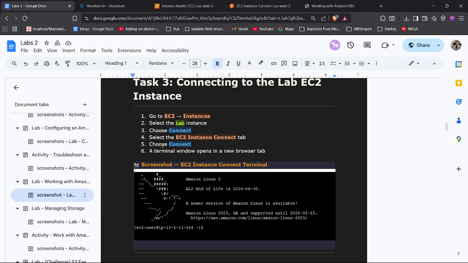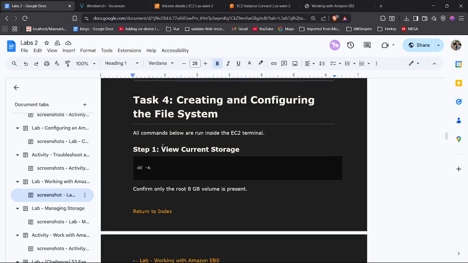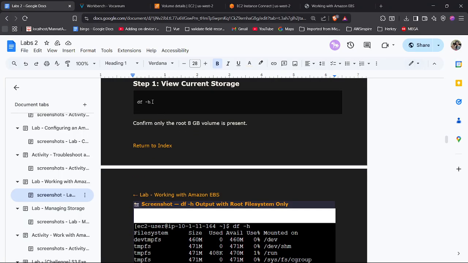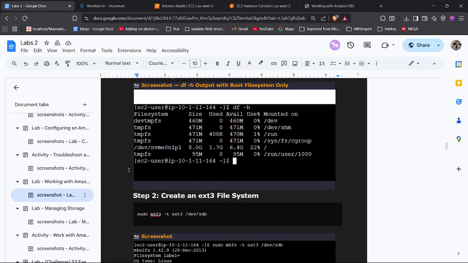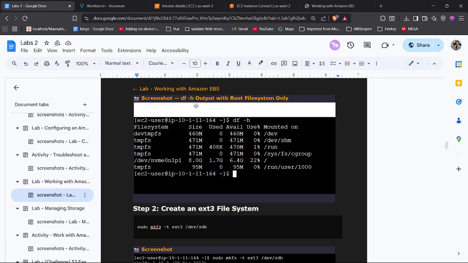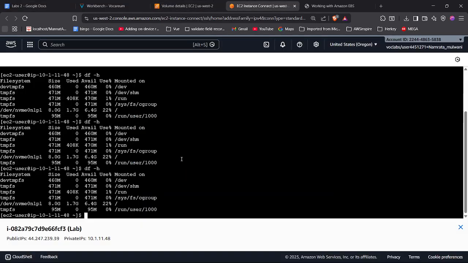Everything works fine. So you can see that our drive should not be present. Okay, my mistake. We need to make that drive. So sudo